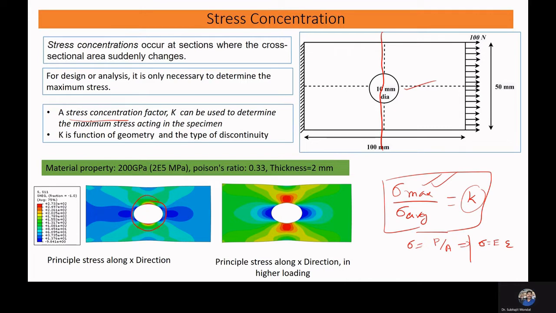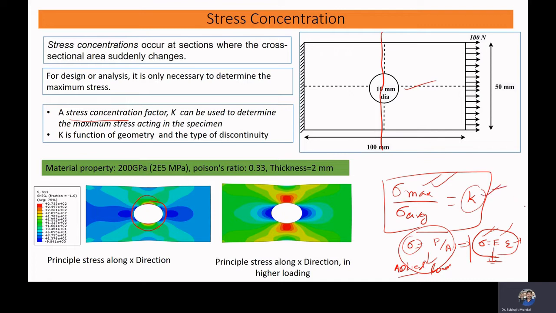The stress is basically force by area. How much stress will develop depends on the applied load, or applied stress. If sigma is equal to P by A, this is the applied stress, and the stress developed in the structures will depend upon how much elongation is occurring and what the modulus of elasticity is. So this part is the property of the material. So stress is a function of material property, but the stress concentration factor